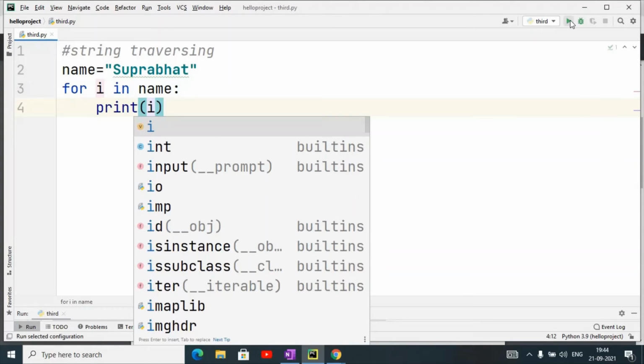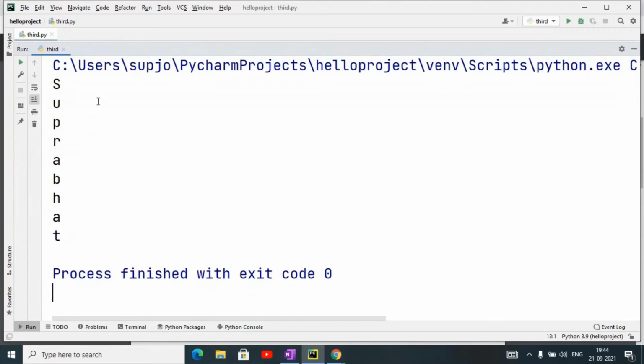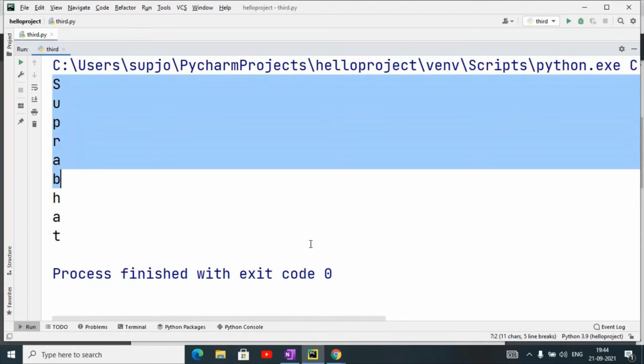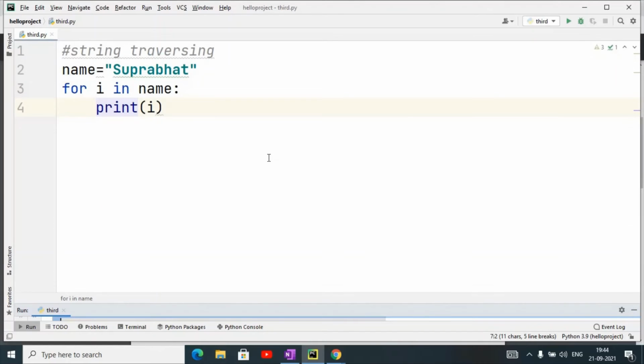Once I execute this, you can see that it displays each individual character in this string. These are Unicode characters. So this is about string traversal.